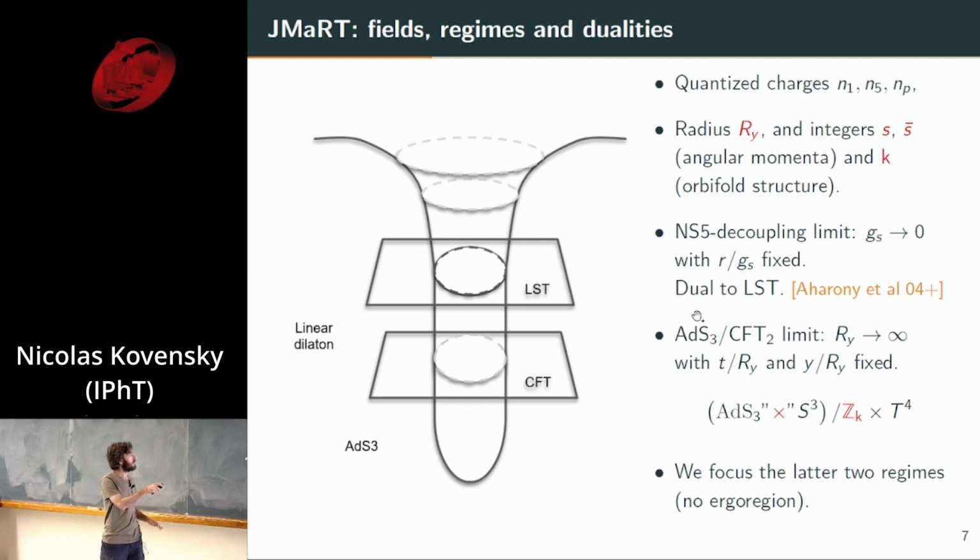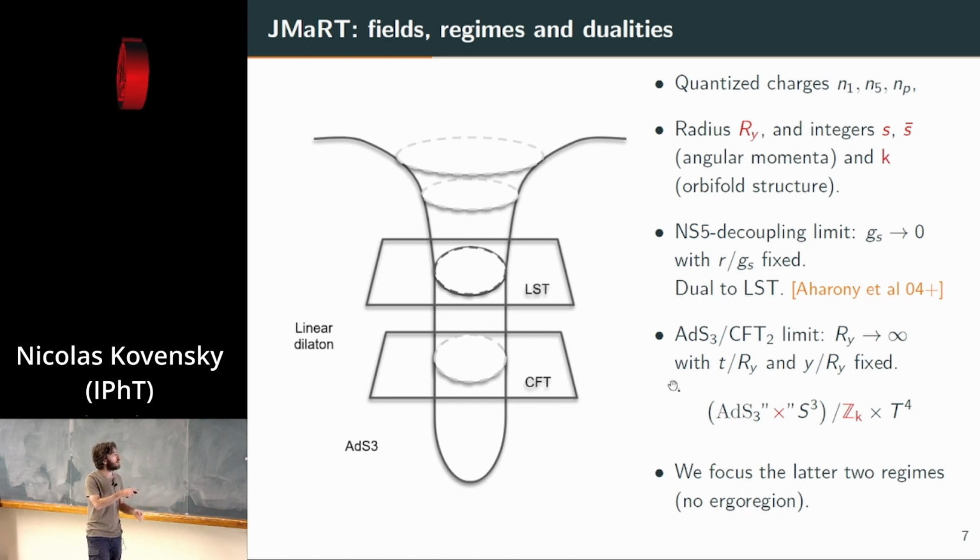This is the way you take these NS5 decoupling limits. You take the G string to 0 with the radius over G string fixed. And then you can take a further F1 decoupling limit, the AdS3 limit, where you go to the region which is well described in holography, in conventional holography, which is the AdS3 CFT2 regime, and you go this, which is